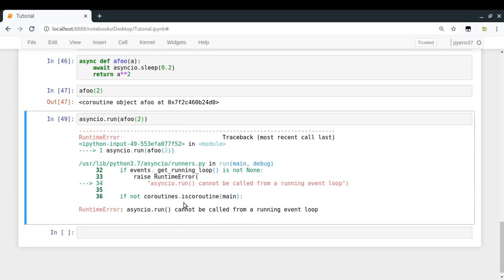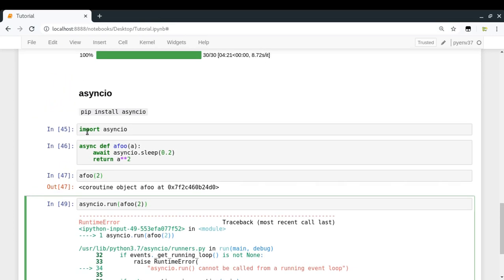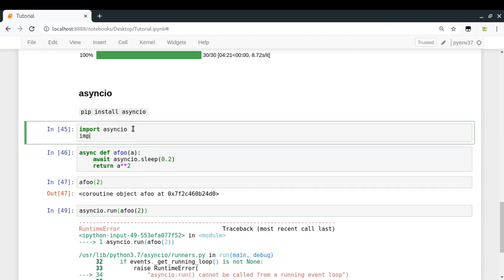Okay, so we are getting an error which says that asyncio.run cannot be called from a running event loop. Jupyter Notebook is itself running under an event loop, and in that event loop you are trying to run another event loop which is responsible for running this. This is not allowed because nesting of event loops is not allowed here. So basically this code will run in a simple Python script, but in the case of a Jupyter Notebook you will have to do a bit of a hack, which is that I'm just going to import